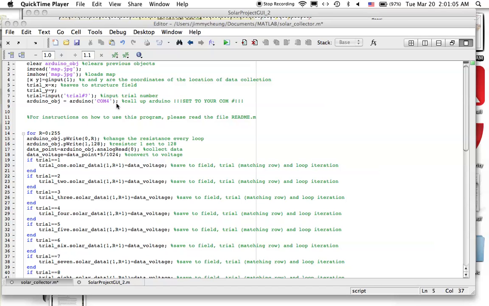We're going to start by explaining our solar collecting GUI. This is the code for this GUI. It starts by clearing any previous objects if we've run the code more than once. It then reads and shows the image, which in this case is a map, where you are inputting your location, which is saved to coordinates x and y. These coordinates are saved into a structure named trial, which we will see throughout the GUI, into fields named x